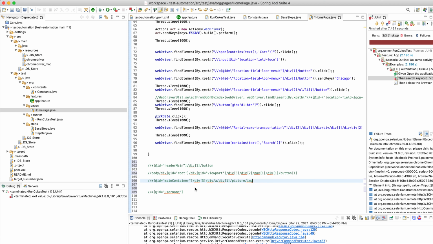Sometimes it doesn't mean that this will work all the time. You have to check. If there is no ID, that's a challenge for you. As soon as you don't see an ID, you have to get ready for some struggle. Then capture all the XPaths, put them in your Java code, and keep trying. Try with this one, this one, this one. If this works, that's fine. But go for the shorter one.